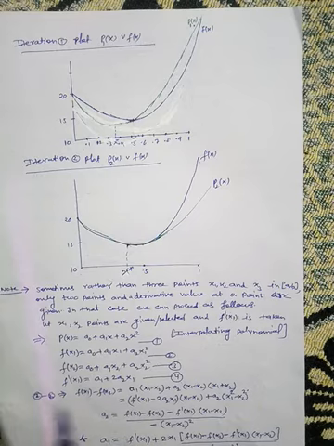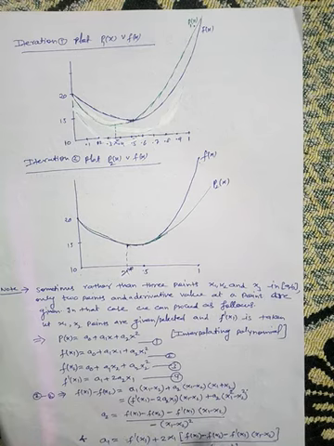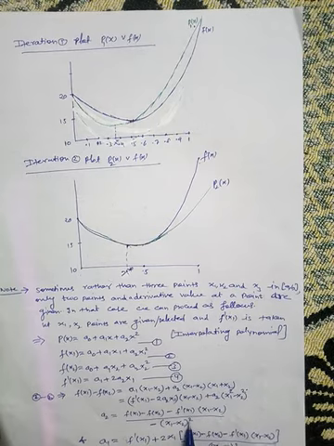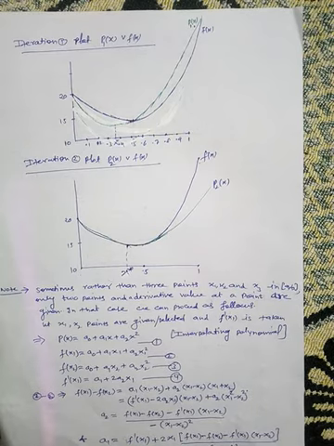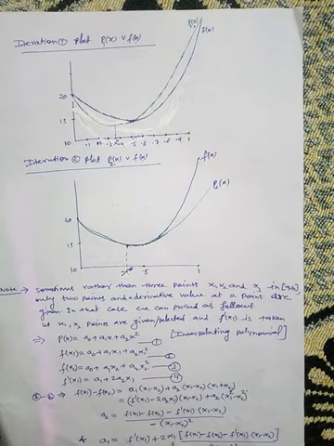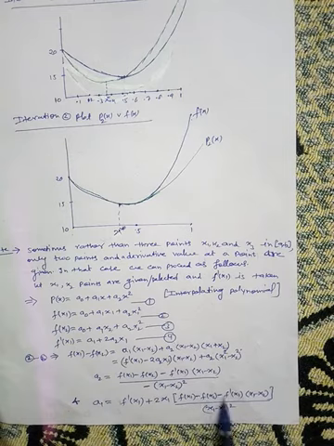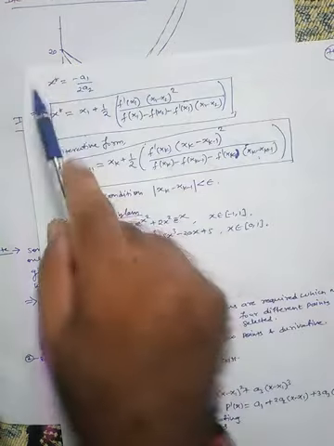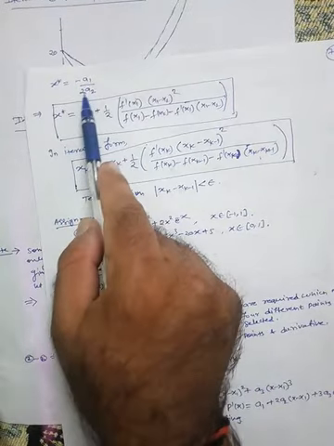When you solve these, a2 is given by f of x1 minus f of x2 minus f dash x1 into x1 minus x2, divided by x1 minus x2 whole square, and a1 is f dash x1 plus twice x1 into f of x1 minus f of x2 minus f dash x1 multiplied by x1 minus x2, divided by x1 minus x2 whole square. Once you have this, you can easily find x star. X star is minus a1 by 2 a2.